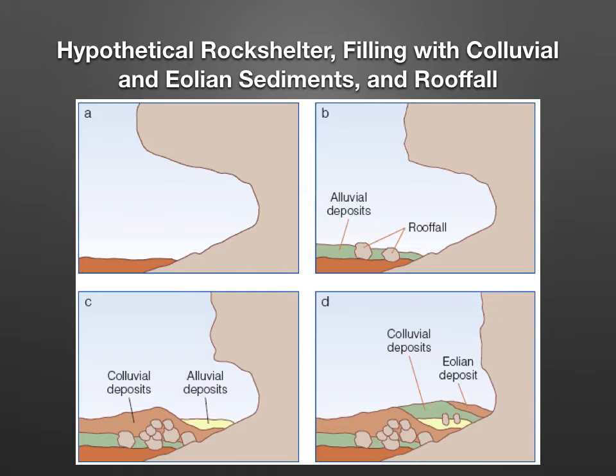So you put a test pit in right there where it says Aeolian deposit, and you excavate straight down. You hit bedrock after a couple of meters, and you go through Aeolian, colluvium, and alluvial deposits. Let's say you expand it out a little bit because you want to get the entire waterline. So you put another test pit in at that joining juncture of colluvial deposit and Aeolian deposit. And you go straight down, you hit some rooffall, and then you hit some alluvium, then you get into some colluvium. Okay? But you're not working at all out in the old soil, in the oldest surface that was way out in front of the cave